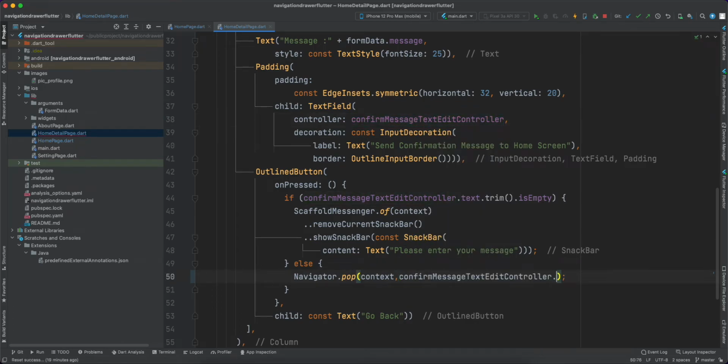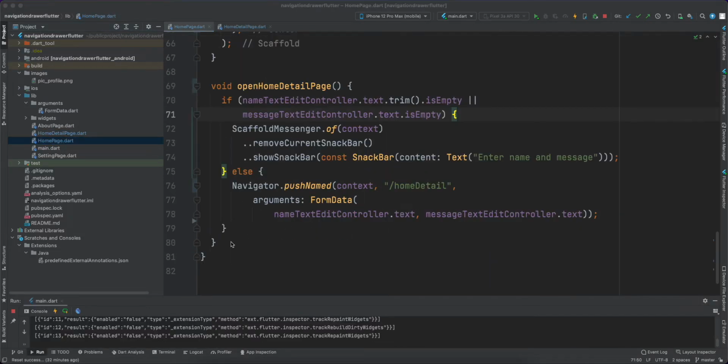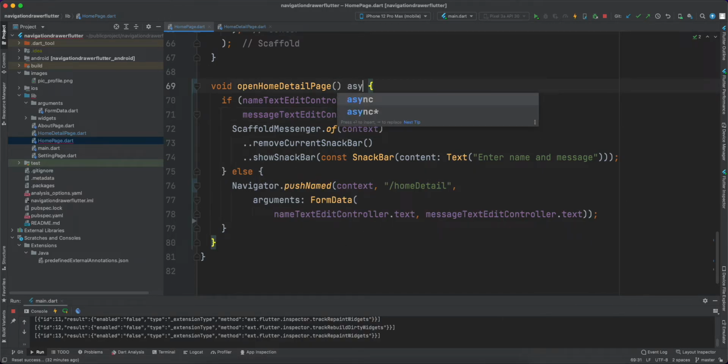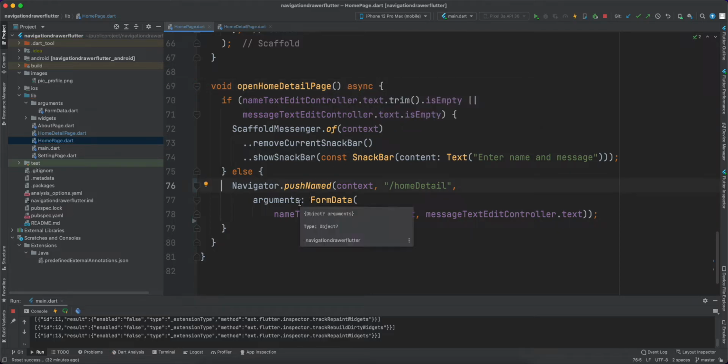Then I will use text. That method will send that information back to the home page. The data which is sent from the home detail page to the home page will be received in this method by a future. So we have to update this code. We have to use the async method, and in this example I have written a string, so I will use